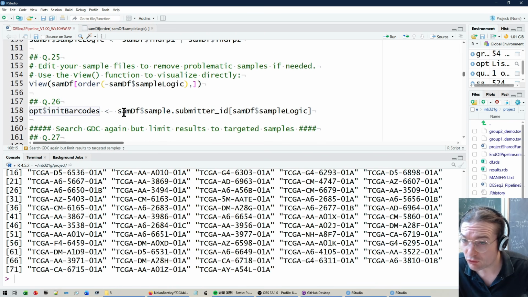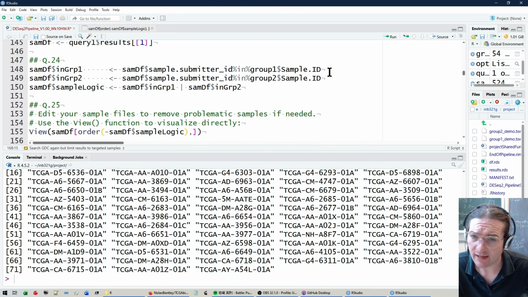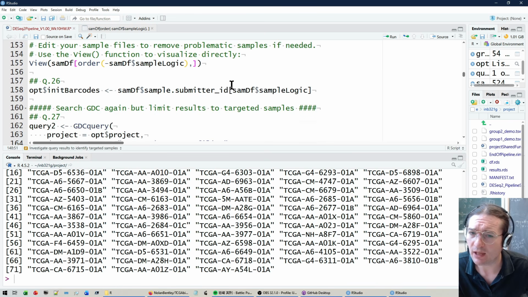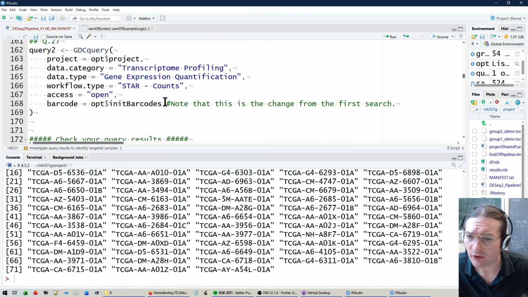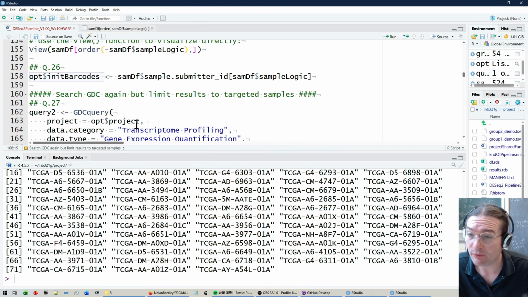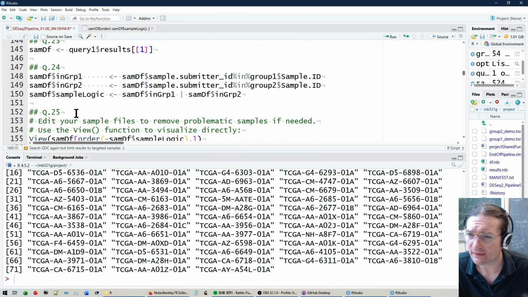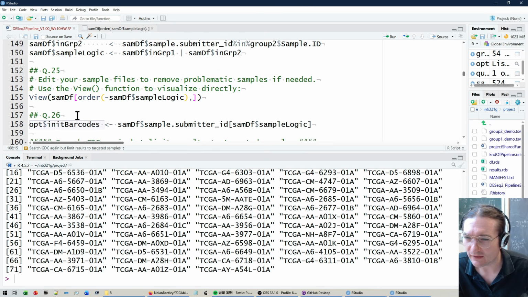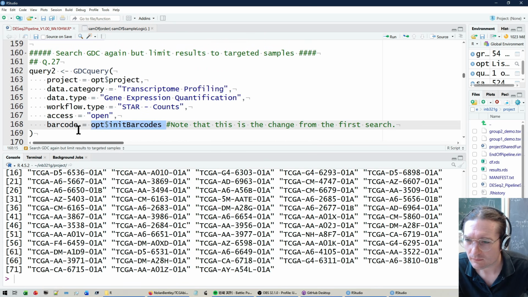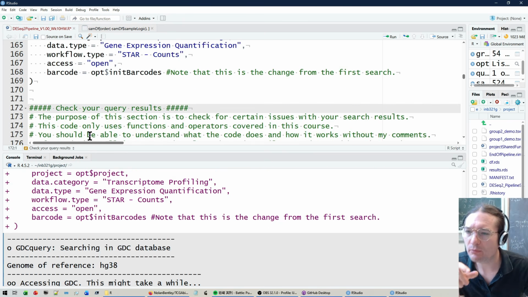So you should have a couple of questions. For example, one question could have been, couldn't we just have copied this sample ID and this sample ID and combined those to create this? And the answer is absolutely. However, this allows us to check to make sure that our sample IDs were in fact coming out in that analysis. This was more of a check than anything else. But if I then run this,